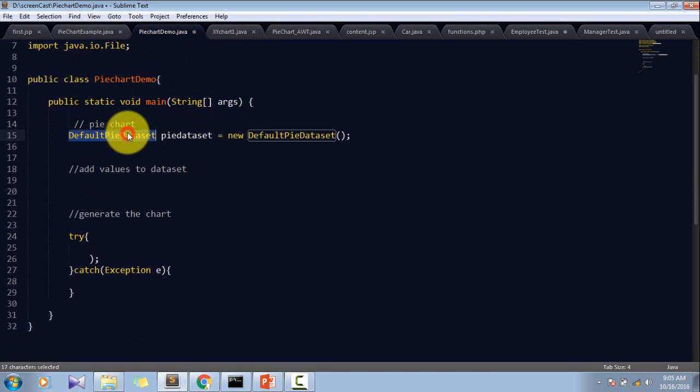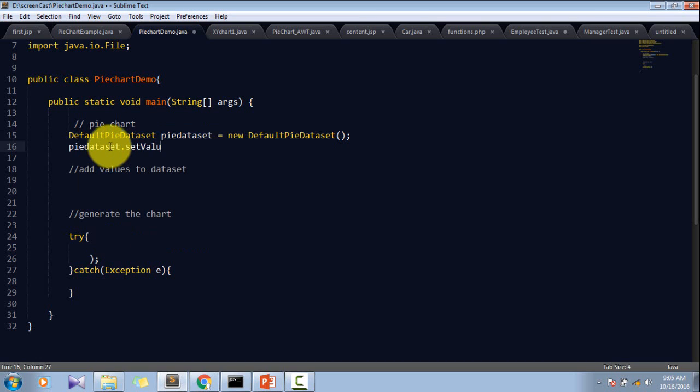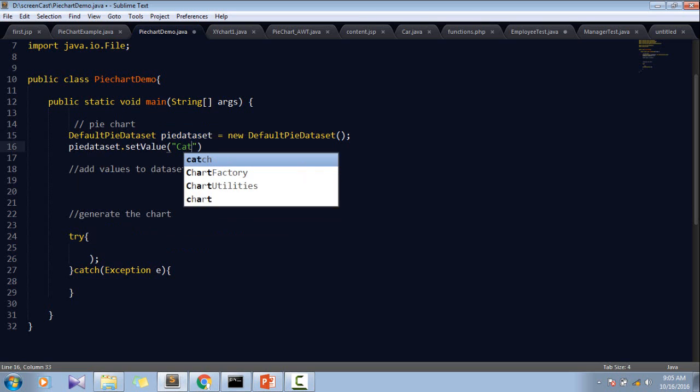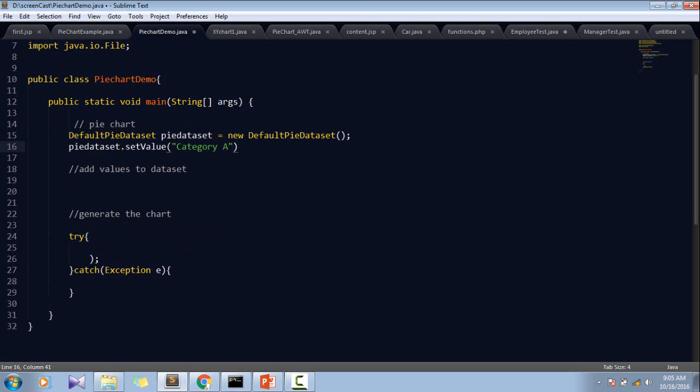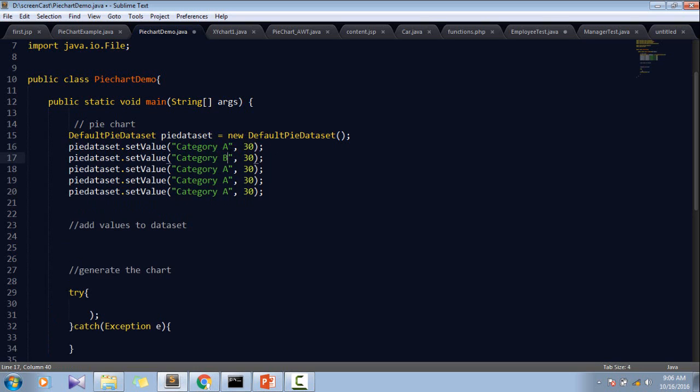Also you can see here I have used this DefaultPieDataset class, and this is a default implementation class of the PieDataset interface. The DefaultPieDataset constructor creates a new dataset, initially empty, and you can use the setValue method to set the data value for a key, and it sends a data change event to all registered listeners. You can use some key value pairs in order to make this dataset to generate the pie chart,